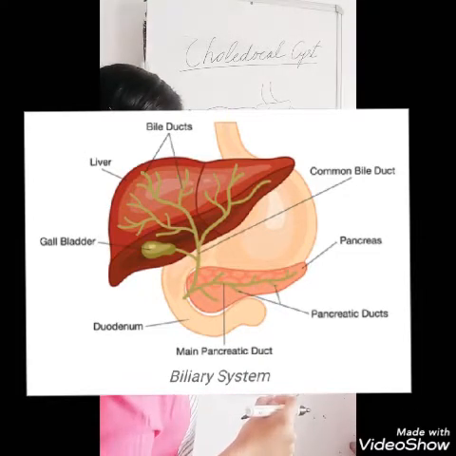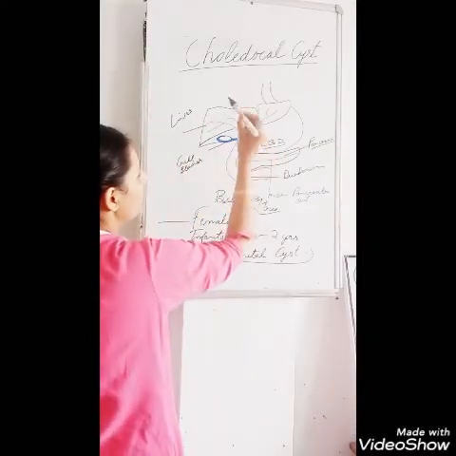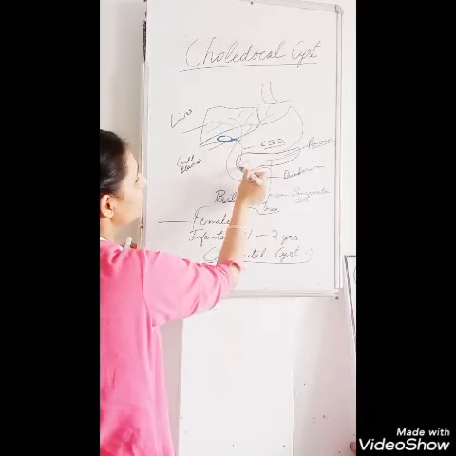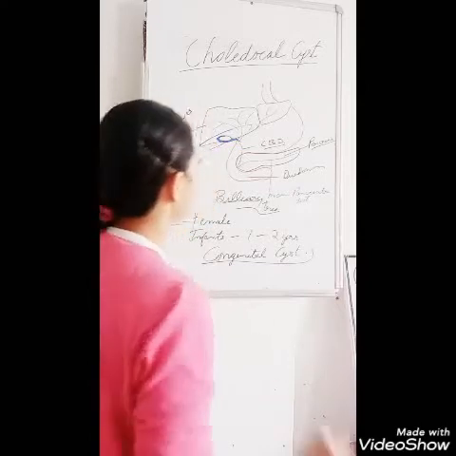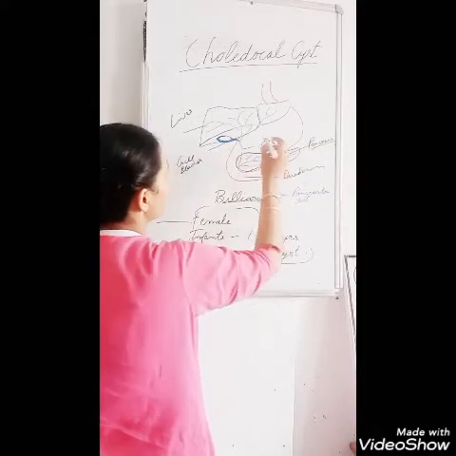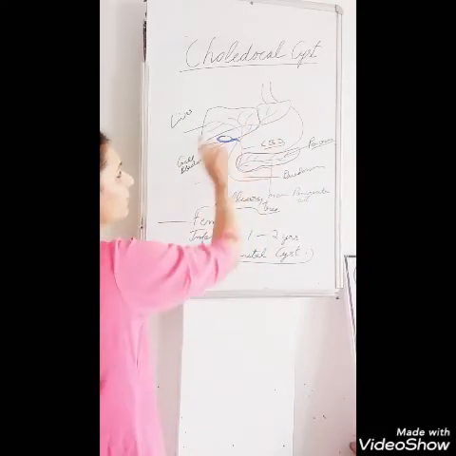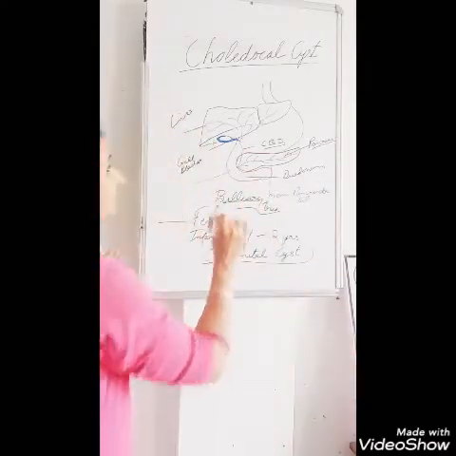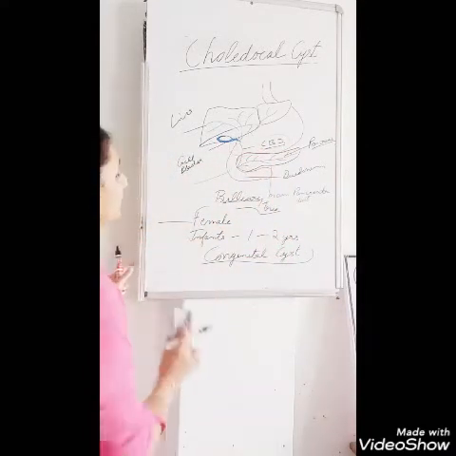So this is the network of the bile ducts, bile ducts inside the liver. These are the hepatic ducts. Then these hepatic ducts travel to the gallbladder, and from gallbladder it travels into the pancreas and into the duodenum. These are the pancreatic ducts, and these are the hepatic ducts, and this whole is the biliary tree, the network of bile ducts. So the congenital cyst occurs in the bile duct, basically in this area, common bile duct. So this is a congenital cyst.